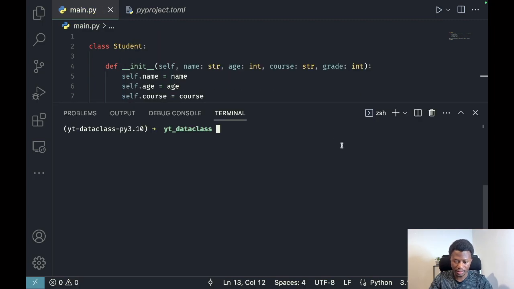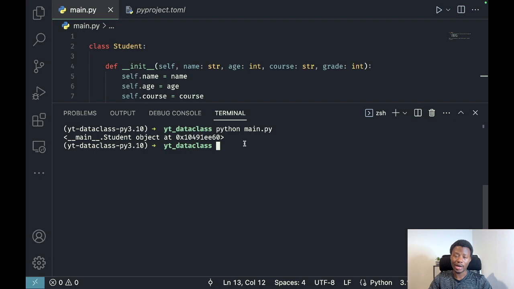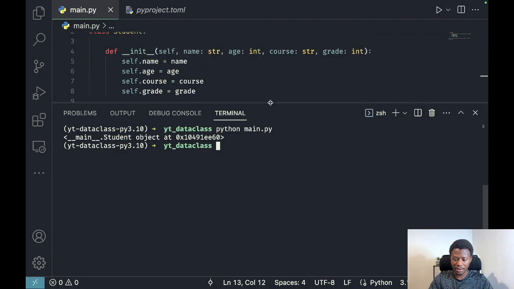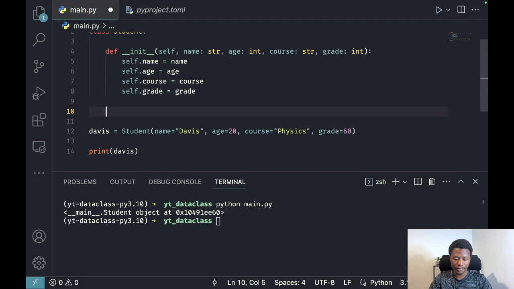Davis, and if you try to see main.py, if we run our code here, as you can see, what we are getting here is an address to this object that has been created. Student object is at this particular address. This is not exactly very human friendly. If I was not the one that wrote this, now I don't even know what this address is. I do not understand what this is, so let's make it a bit human readable,